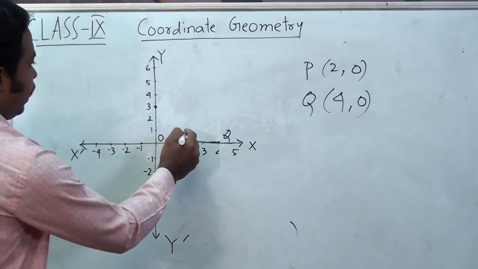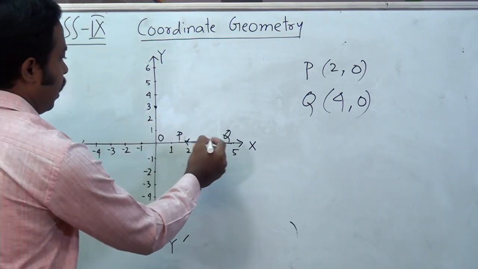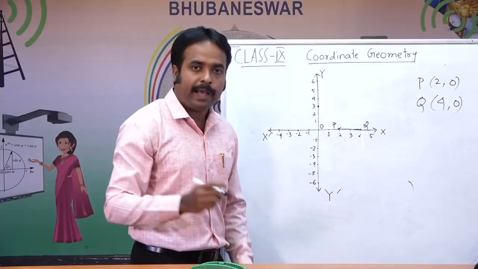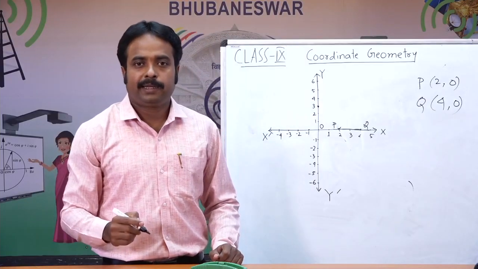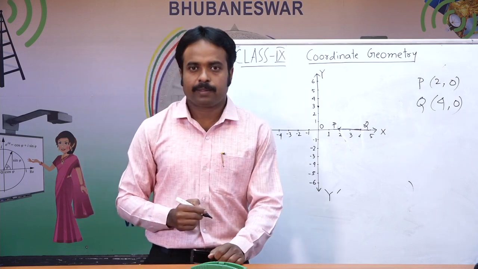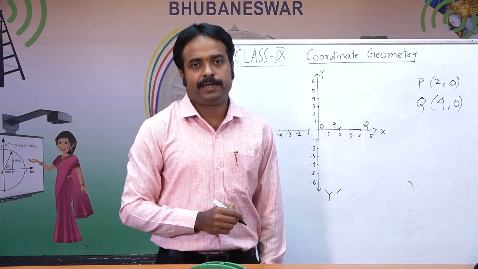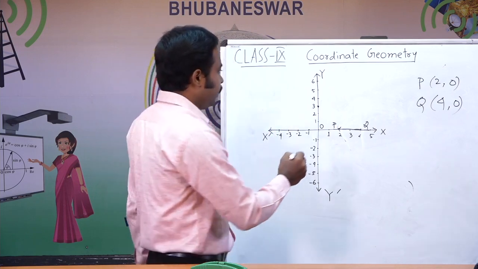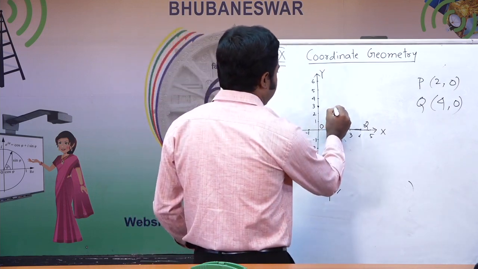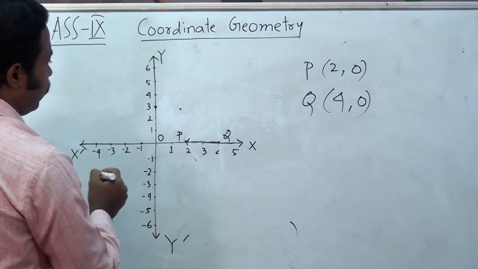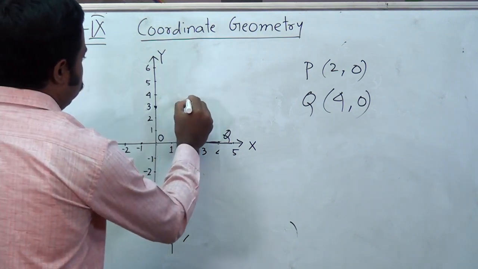Earlier we made angle Q 90 degrees. Now we may make angle P 90 degrees. That means if we take R as 2, 3,